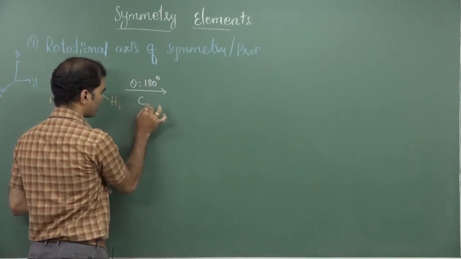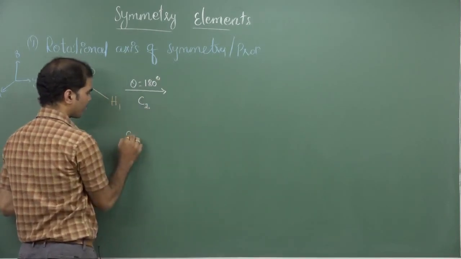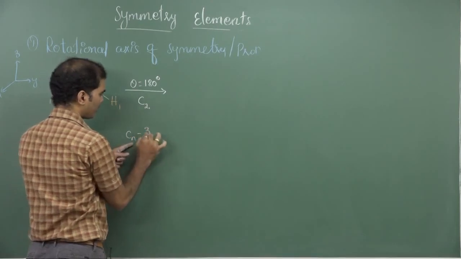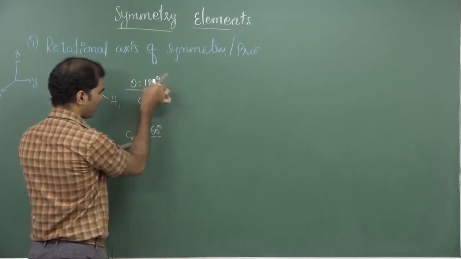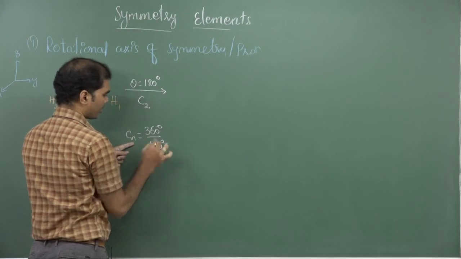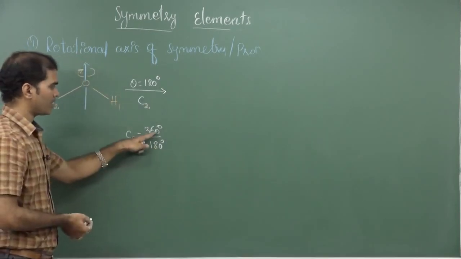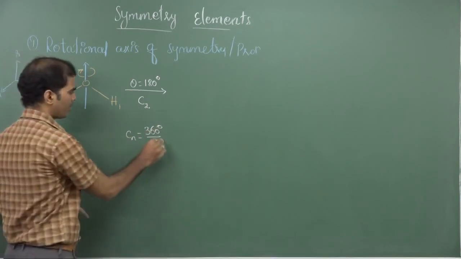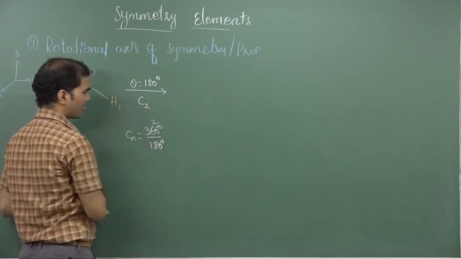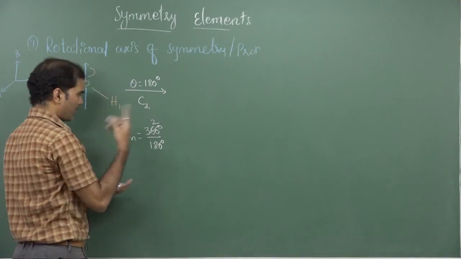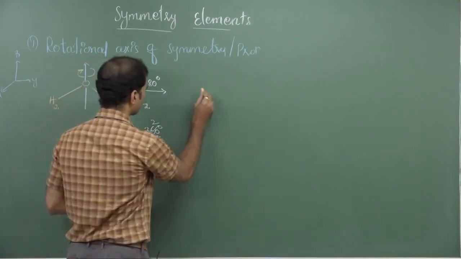So we are calling it a C2. How did you get that C2? For Cn, you don't know the n; 360 degrees by... I am rotating it by 180 degrees to get a configuration which looks just similar to the original one. Put that angle, 360 degrees upon 180 degrees, that gives you 2, therefore it is a C2 rotational axis. Then once I have done a C2 rotational axis,